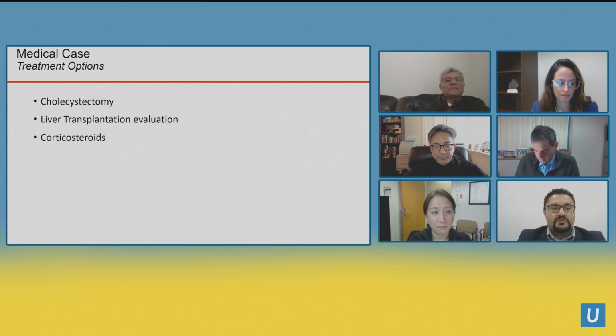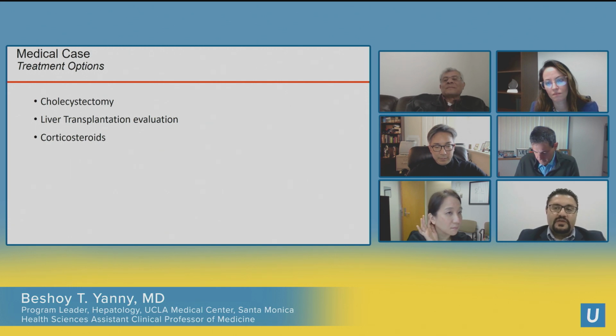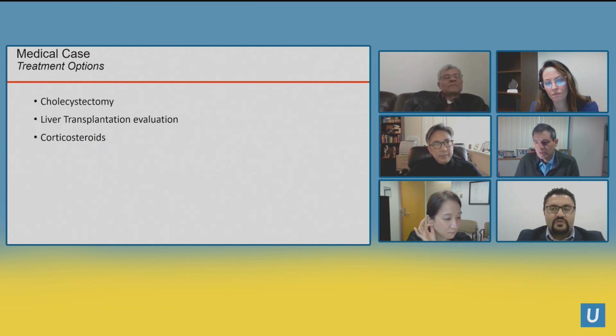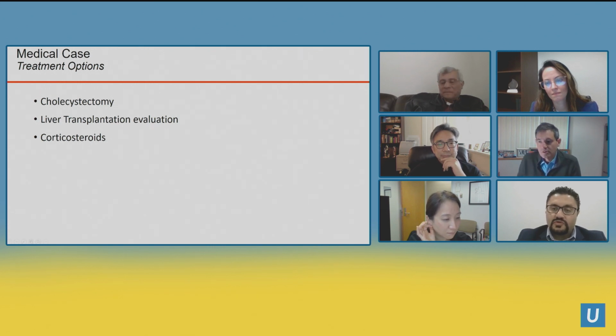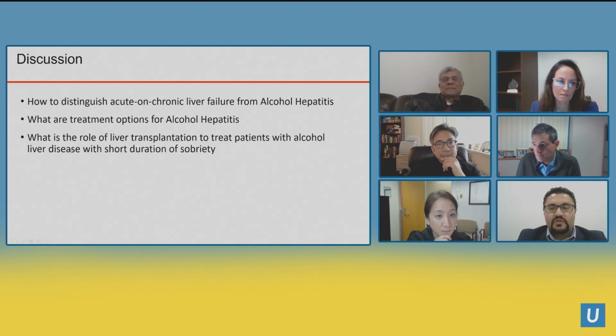In terms of liver transplant evaluation, it's a possibility now, but it's a very tough question to answer because, if the patients have had recurrent relapses, have known about their disease process and continue to drink, and they don't have good support, we have to evaluate their social support, their drinking habits, their risk factors. So multiple things here. There's definitely a possibility, but I would say maybe 1 to 2% of all comers would qualify for this.